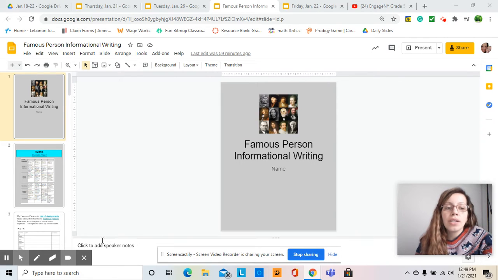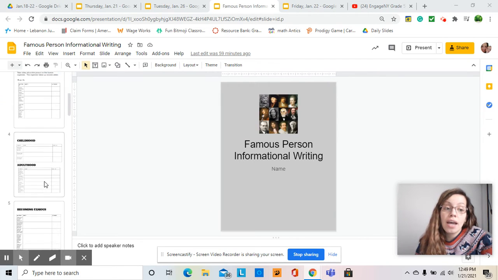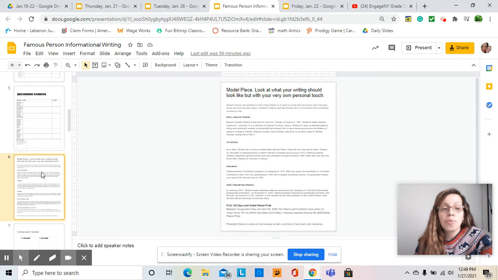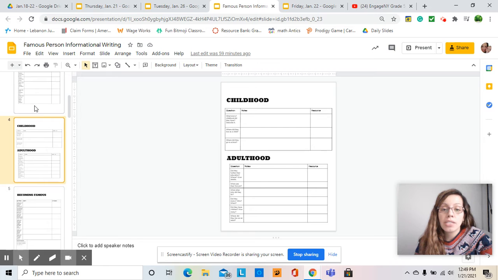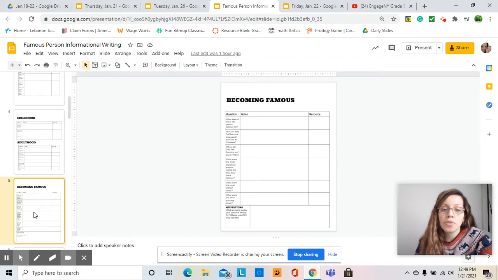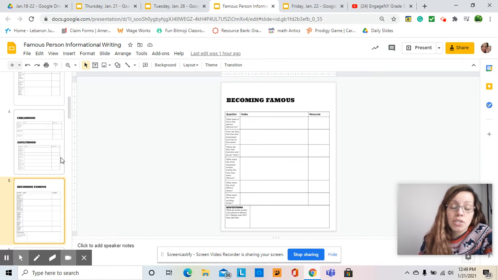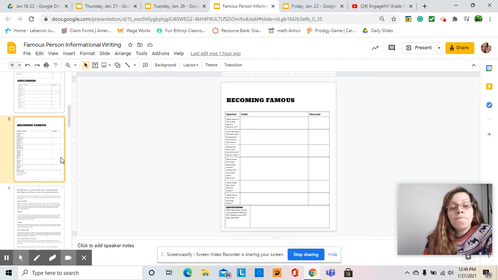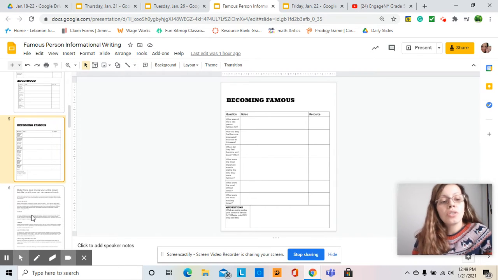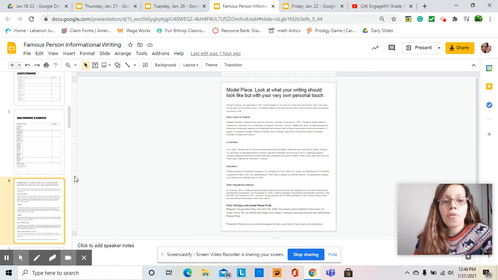Hi guys, today we are going to look at the biography of somebody famous. At this point, you've written your notes, your graphic organizer is pretty full, you know everything about your person, or at least to the extent that we've collected information. So now that you have your famous person in all your notes, we need to figure out how all that information is going to translate into words. So I wanted to take the time to show you an example